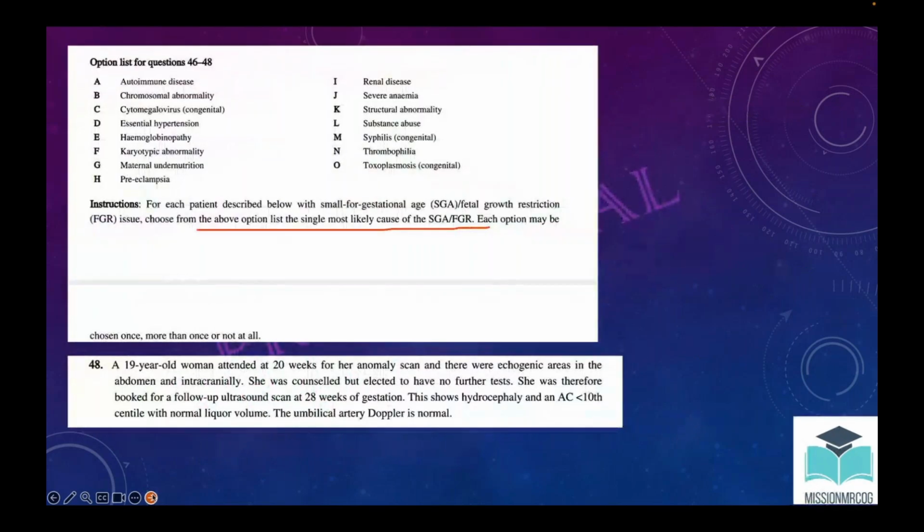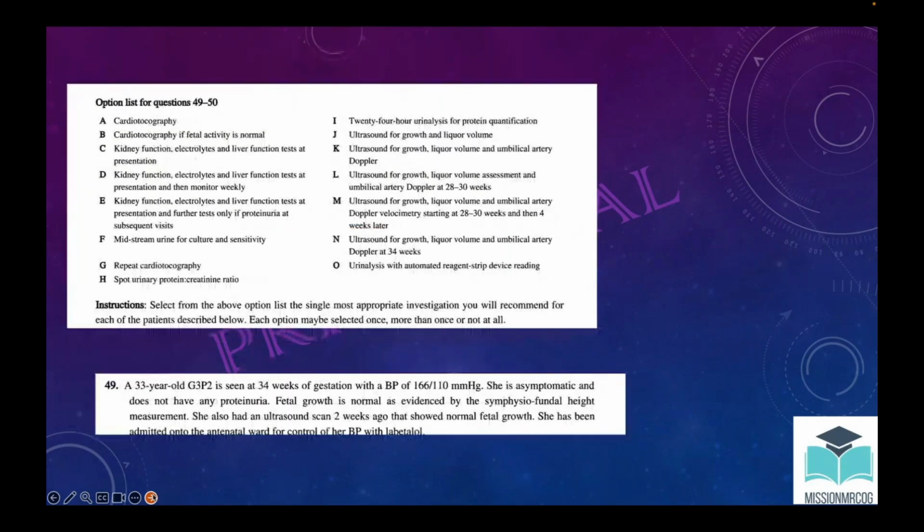At 20 weeks, echogenic focus in the abdomen and the brain, no further test, and she has hydrocephaly and AC less than 10 centimeter. Umbilical artery Doppler normal. Toxoplasma. Yes, hydrocephalus, toxoplasma. Now, but here,